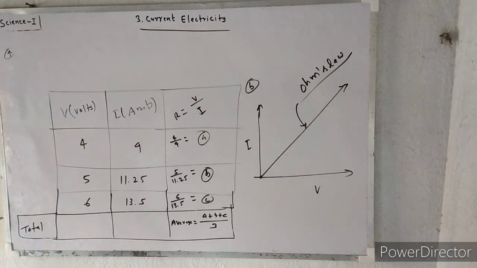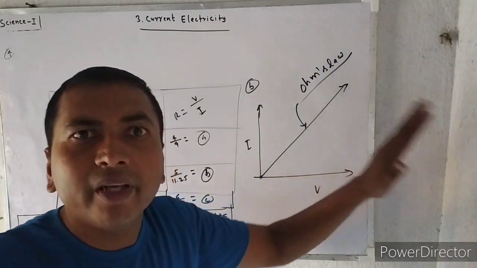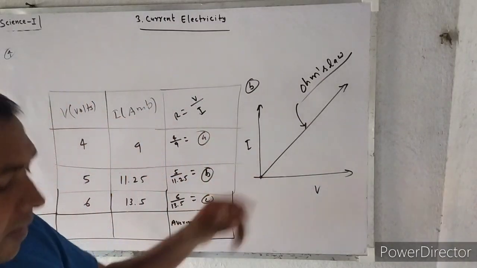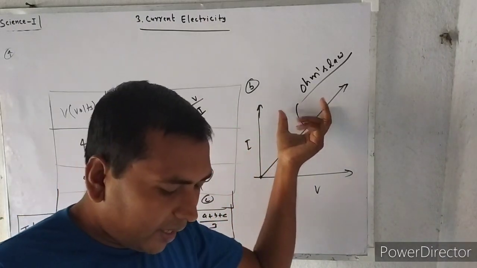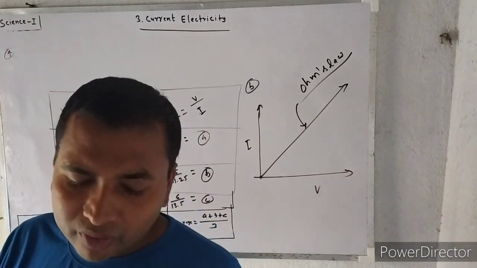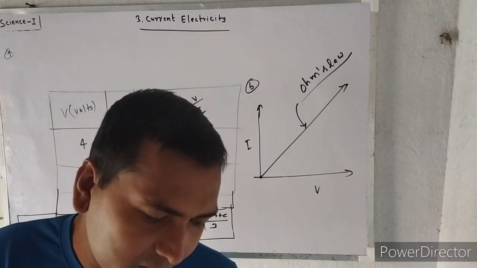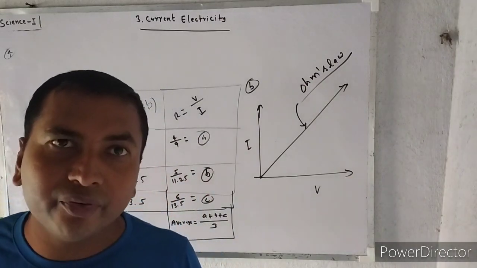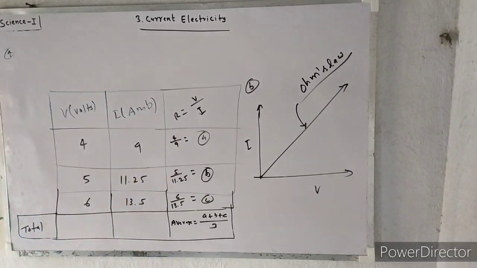What will be the nature of the graph between current and potential difference? The nature of the graph will be linear. See, which law will the graph prove? Explain the law. So Ohm's law, the graph represents Ohm's law, and explain the law. What is Ohm's law? That is given in your textbook on page number 34. Okay. Now question number 5 is match up.